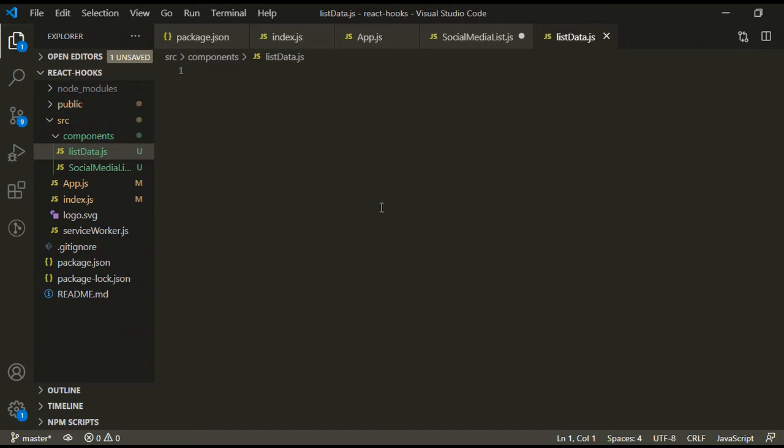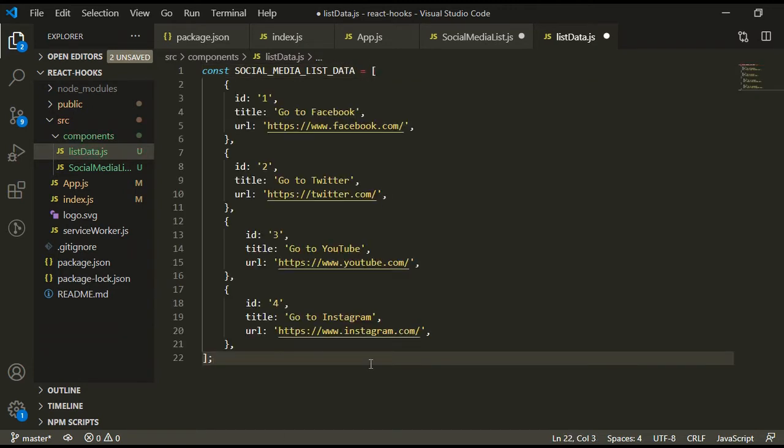I am going to use const socialMediaListData. So here I have assigned this data to a variable.